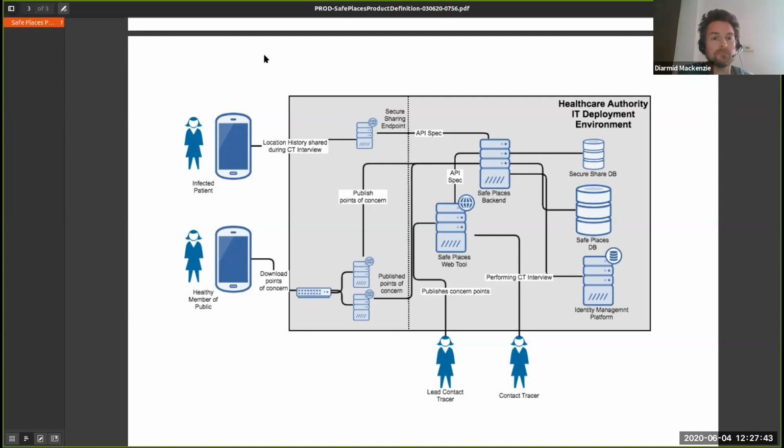Completely agree. And I think that is an area we need to consider, because the user's phone, the healthy member of the public's phone, really is a sandbox, or it should be a sandbox, not a sand dune. We shouldn't be able to pick up lots of people jogging around a military base in the desert, because it's only once someone who's been infected, so a small proportion of the users, that data will be transmitted across. And that's absolutely crucial to our solution.